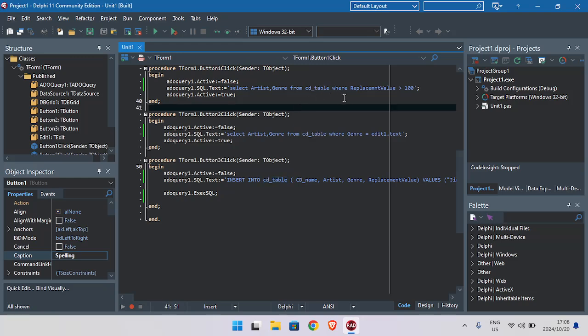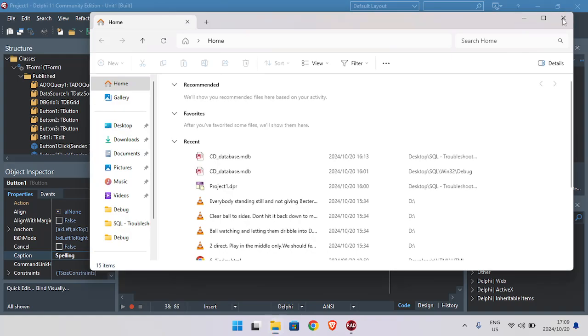So the first step is, let's say you run your SQL and it's not working, it's giving you an error, to go through every field and make sure the spelling is correct. If the spelling is correct, then I would recommend that you go and check the data types of each and every field. In this case, if you have the database available, you can actually just open the database